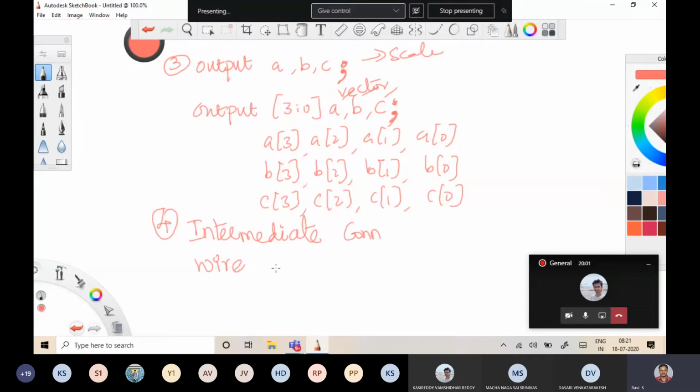Again, this can also be represented as a scalar, A comma B comma C, or as a vector: if the wire is of size 4, then you can say [3 down to 0] A comma B comma C. So wires, interconnections, you can represent as scalar as well as vector.